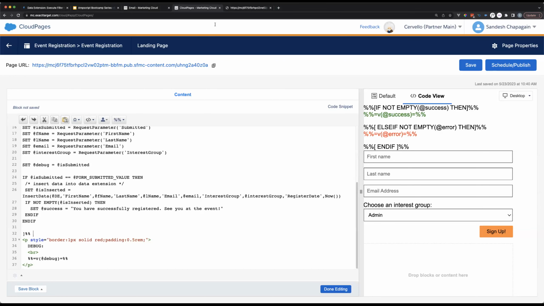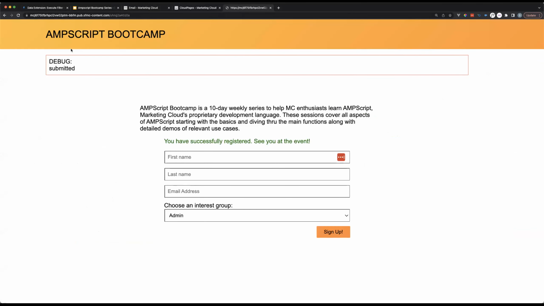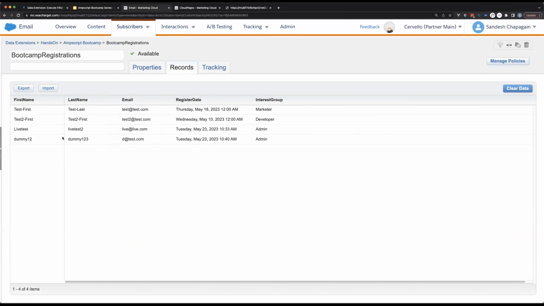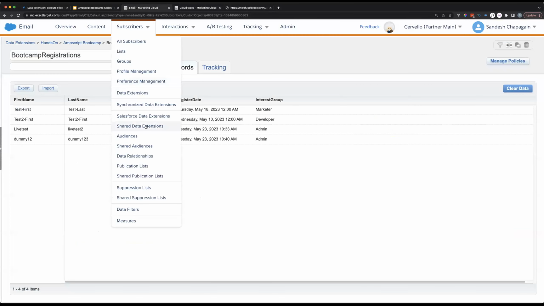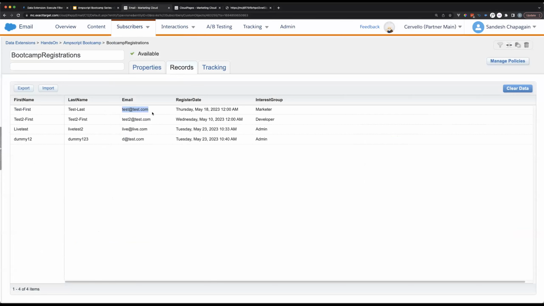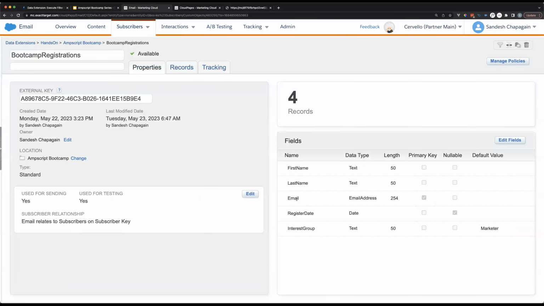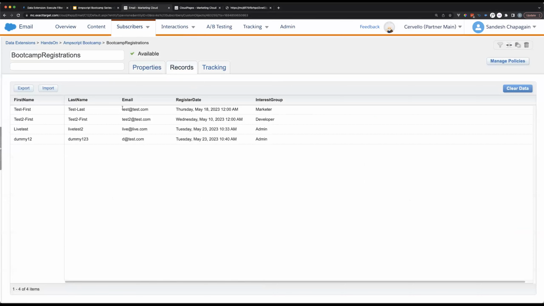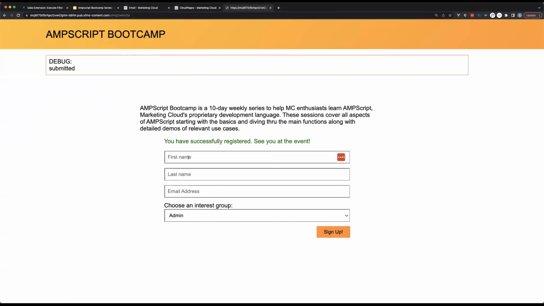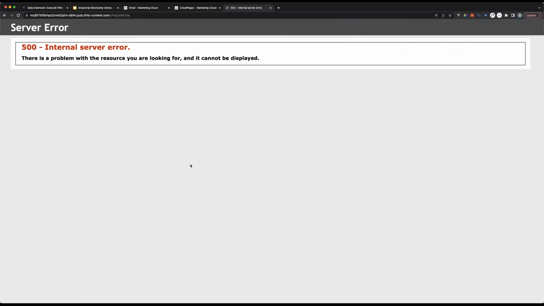Okay, so now, however, if we go back and let's see what data we already have in the data extension, let's try and register again for a data that already exists. Remember, email is our primary key. So email is the one that's identifying every record. If we go back and let's try and register again for this user. Say somebody comes back to the page and then they forgot maybe that they registered and they attempt to register again. Let's see what happens. I'll paste this value and then sign up. Now there is an error. Why is this?